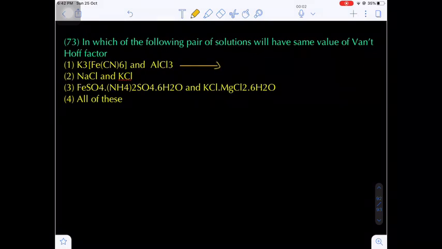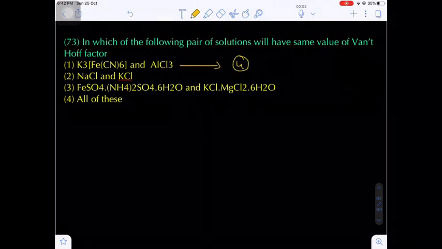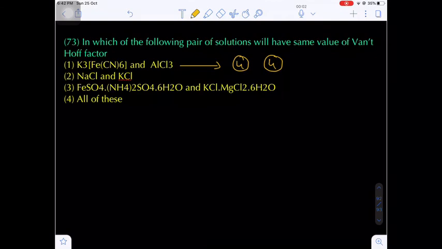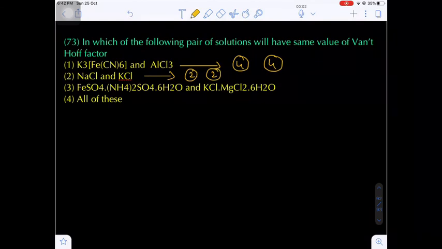Remember, in the first case, K3[Fe(CN)6], total 4 ions are produced, whereas in AlCl3 also 4 ions are produced. So the same number of ions are produced. That means both compounds have the same iota. In the second option, NaCl and KCl each produce 2 particles. So both also have the same iota, Van 't Hoff factor. And next one,